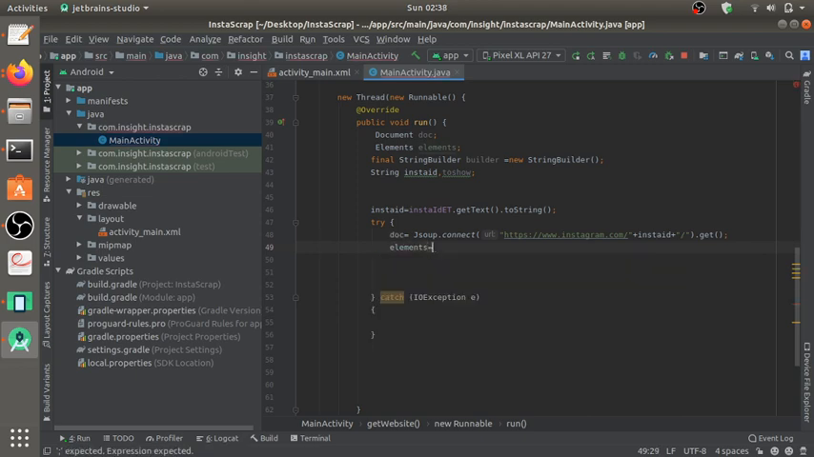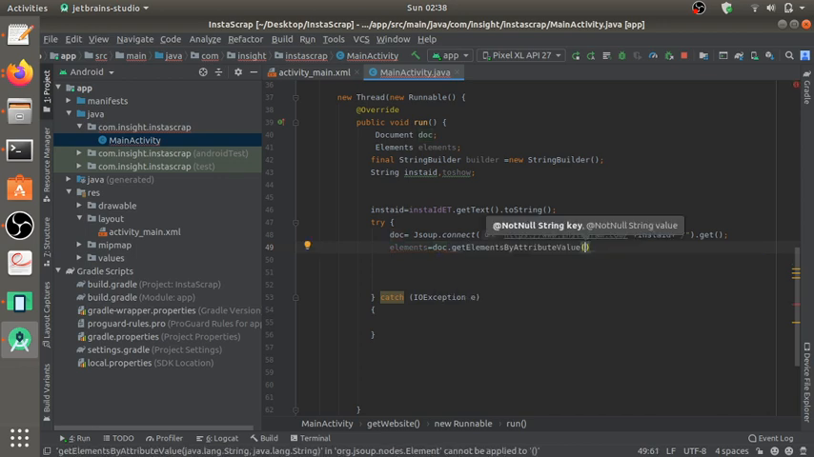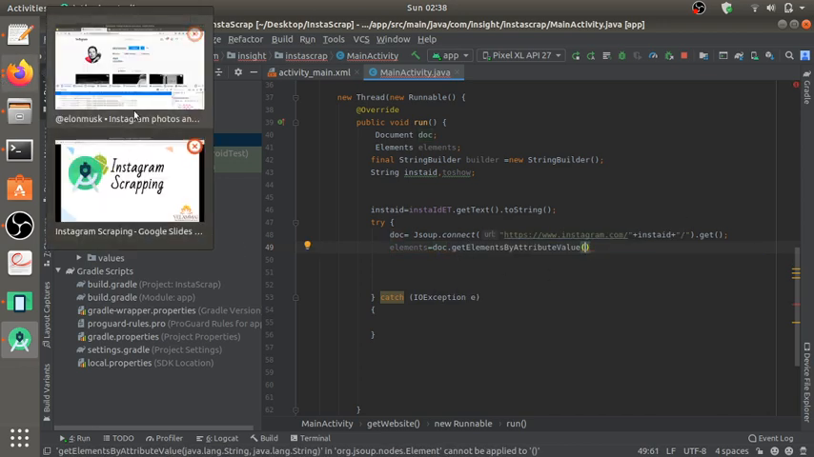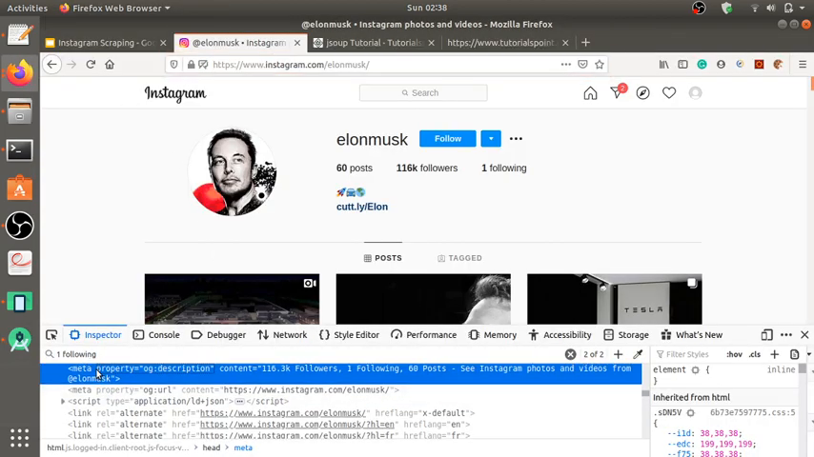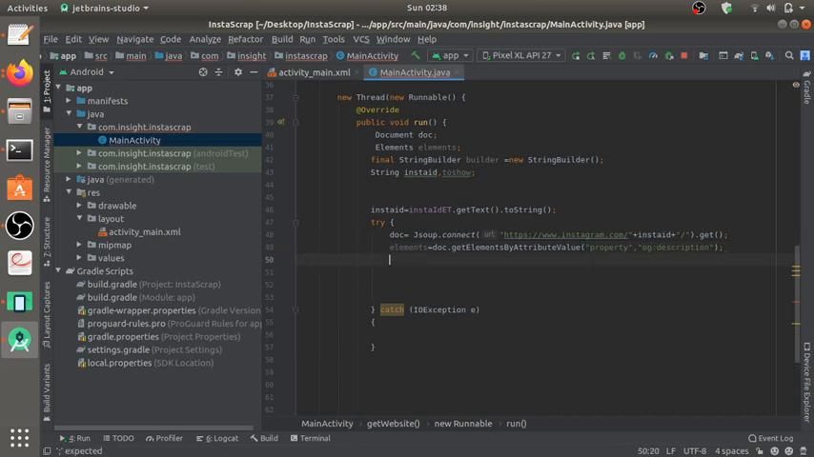We have a lot of elements. Document dot get elements by attribute value. Yeah, as I told you previously, this is the attribute, the property is the attribute, and OG description is the value of the property. Okay, I'm going to use this property comma OG description. This will locate our element,